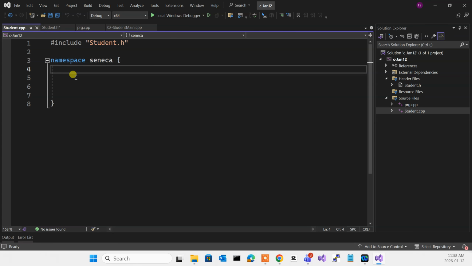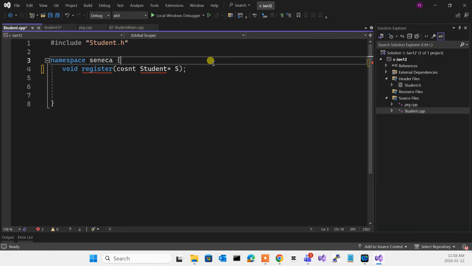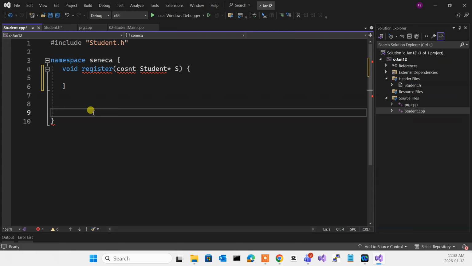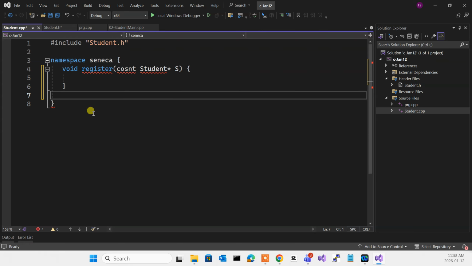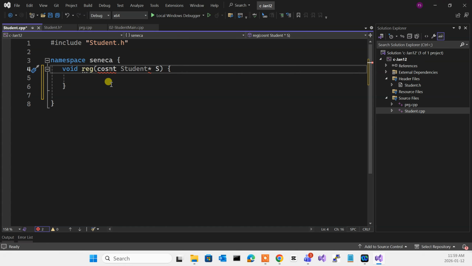So, I don't know, void register const student pointer, something like that. Okay, so student.cpp carries the methods. Oh, register is a keyword, so reg is better. Okay, and this is const